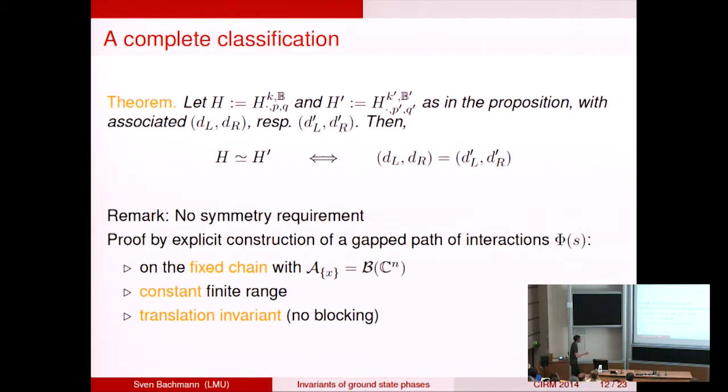We have also some results on this, but it's a bit different. So as I said, the proof goes by just really constructing this path of interactions. And so here are a few remarks. So the chain is fixed. So I have really my little spins that sit there, and I don't change